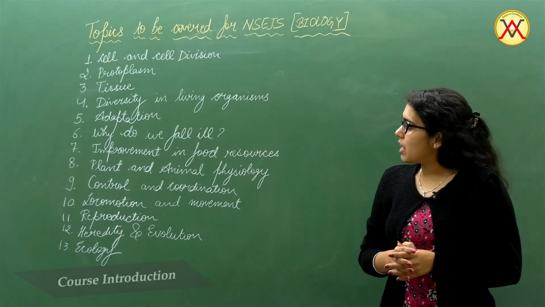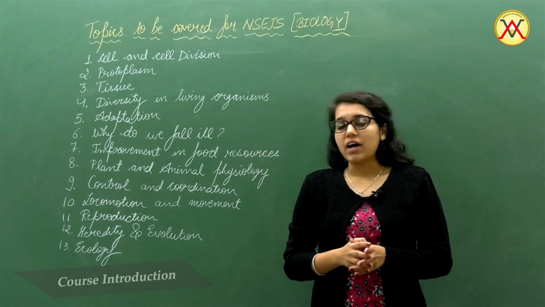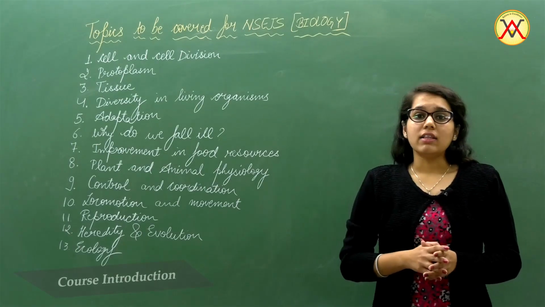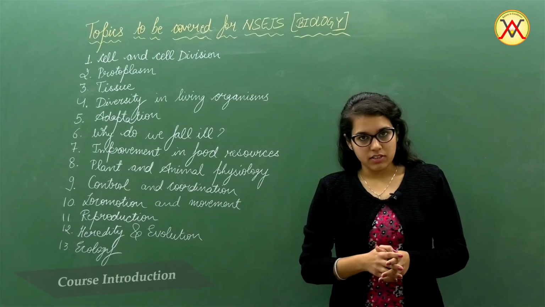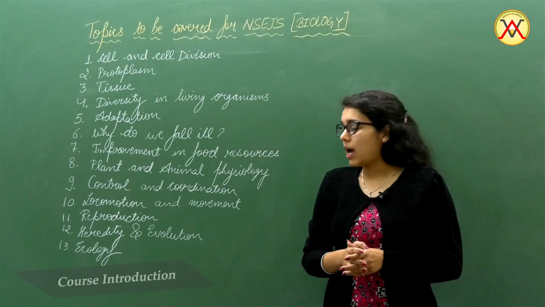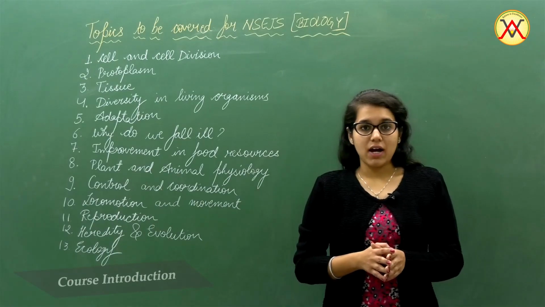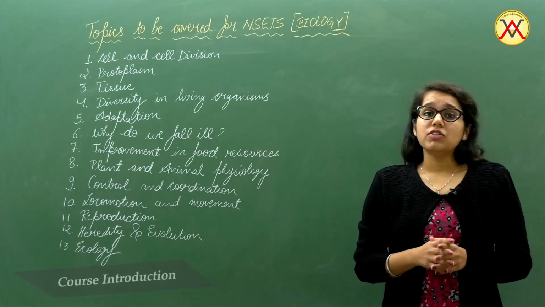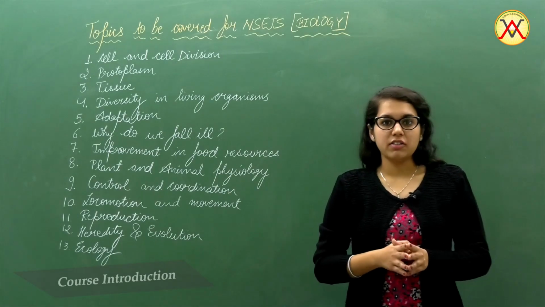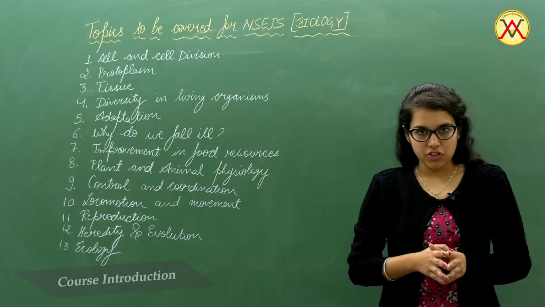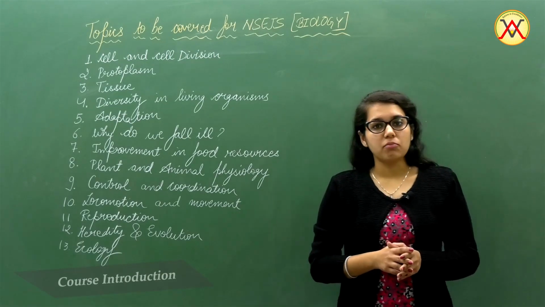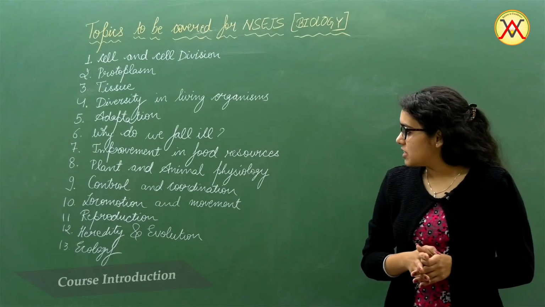Then we'll move on to the chapter on adaptation and why do we fall ill. In this chapter, we'll discuss human diseases and the different types of pathogens which cause these diseases. Then the chapter improvement in food resources, and then plant and animal physiology, in which we'll discuss the various life processes like nutrition, respiration, transportation, excretion. Then the chapters control and coordination, locomotion and movement, reproduction, heredity and evolution,